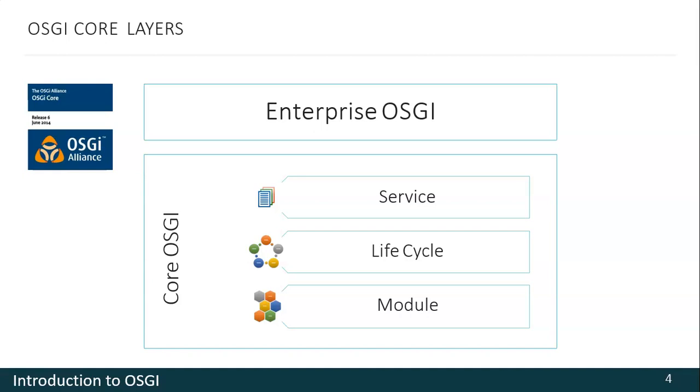The third layer is the service layer. It defines the services that live in bundles and the service registry where those services are listed. The services allow for interaction between bundles. Provider bundles publish their services, consumer bundles reference them, and the container finds the services and binds the provider and consumer bundles.